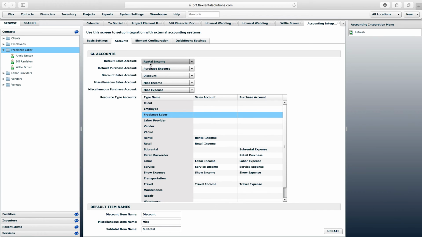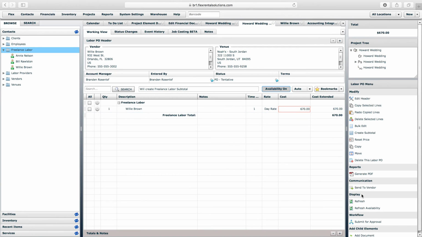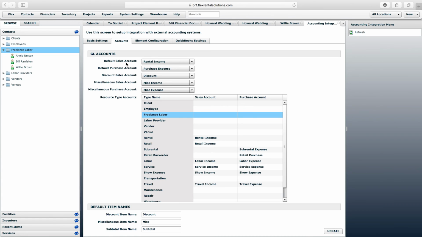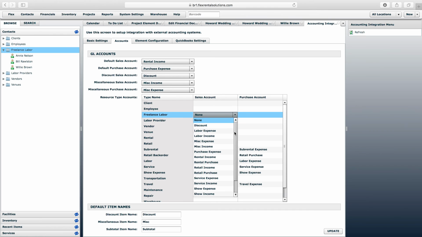So if you push this labor PO out to QuickBooks, because I haven't enabled any default account for freelance labor, this amount is actually going to push into whatever my default sales account is, so my rental income. And I imagine you probably don't want that. So what you'll do is just find those resource types, and you're going to assign which sales account they're going